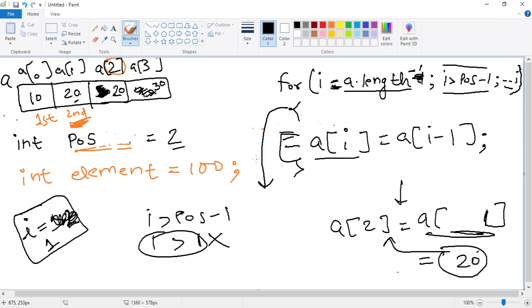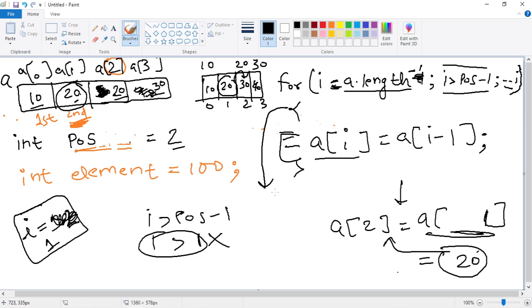But after coming out of the for loop, I need to insert the element 100, right? So if you see, what was our array earlier? It was 10, 20, 30, and then 40, right? If you remember, I said that we need to shift the elements 0, 1, 2, 3. So 20 should come here and 30 should come here at the last, and this will remain the same. So here 10 remains the same, 20 is here, 30 is here, and to this second position, which the user said to enter the element, I will enter here.